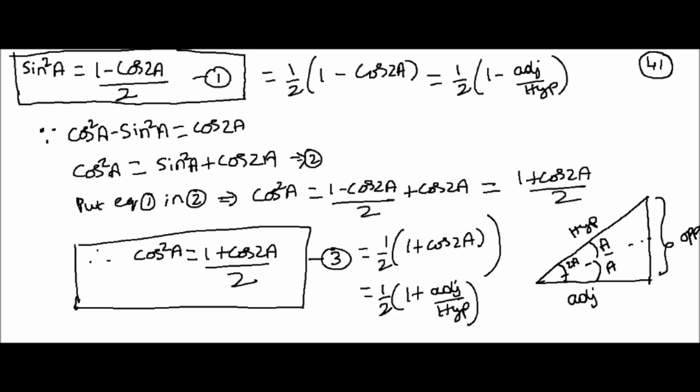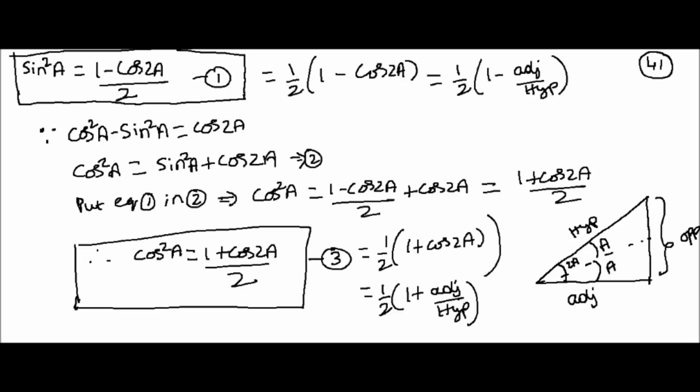So simplifying, let it be equation 1. But again, we know from previous pages that cos square a minus sin square a is cos 2a. Therefore, cos square a equals to sin square a plus cos 2a. That is our equation 2. Putting equation 1 in equation 2, we will get cos square a equal to 1 plus cos 2a by 2. So sin square a is 1 minus cos 2a by 2, cos square a is 1 plus cos 2a by 2,